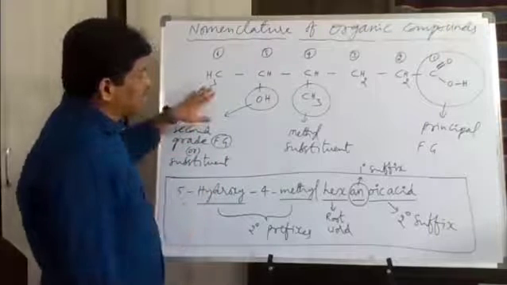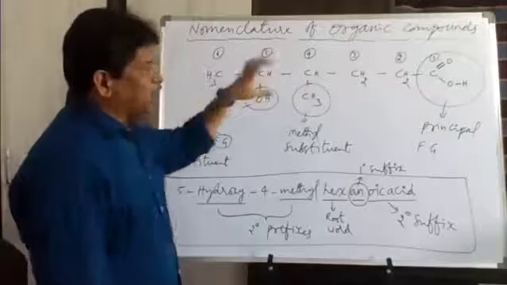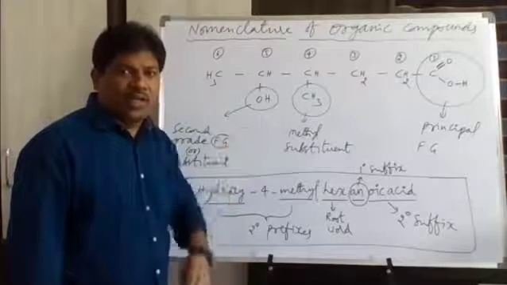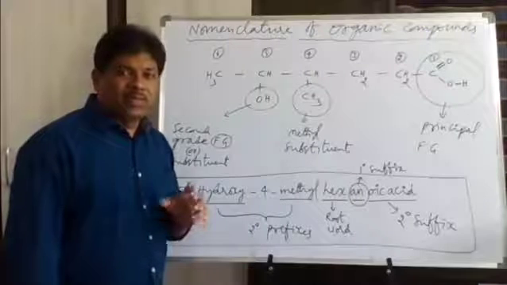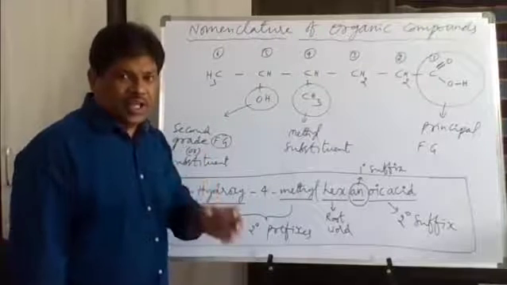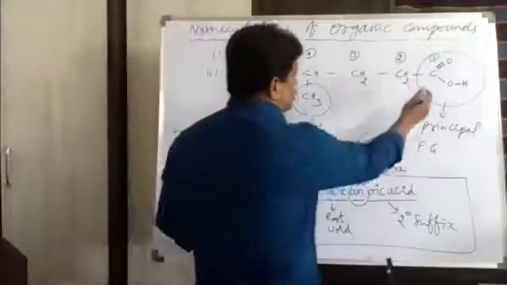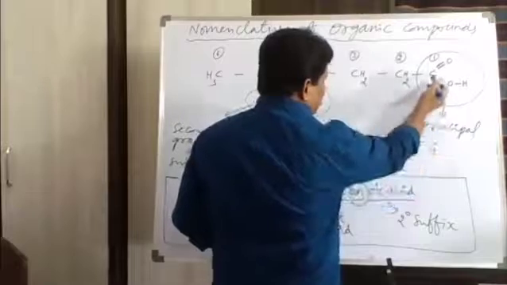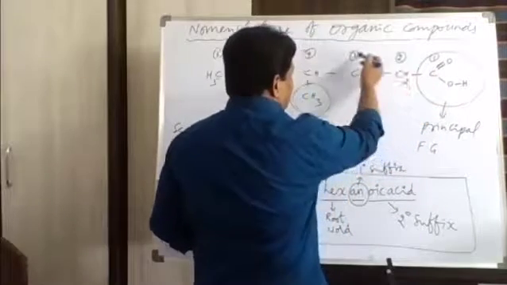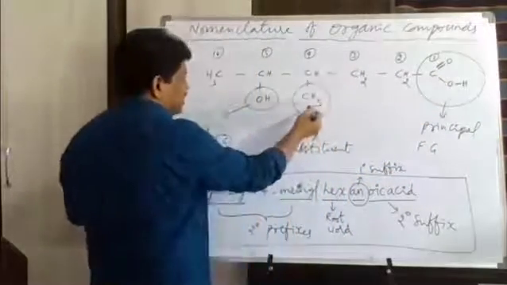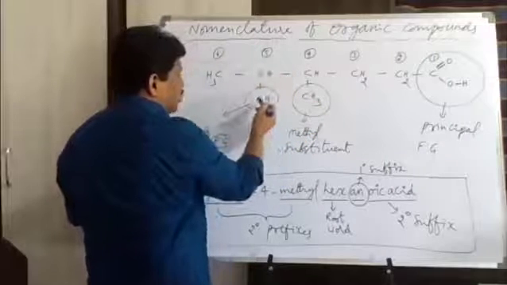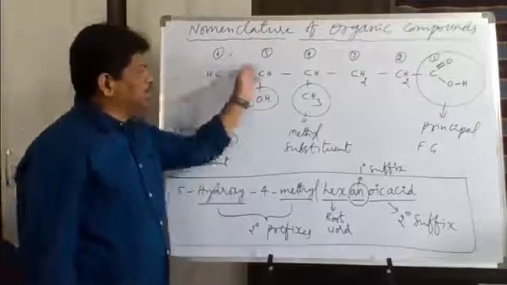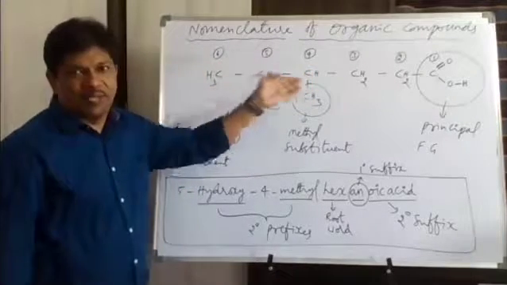Now what we have to understand is that in the given structure, how many carbons are directly linked to each other to form the longest chain, we have to identify first. Suppose you start from this principal functional group. The carbon atom of the principal functional group is allotted number 1 position. Then 2, second carbon, third carbon, fourth carbon bearing CH3 substituent, fifth carbon is bearing OH functional group, and CH3 is the sixth carbon here. So totally how many carbons are there in the longest chain? 6 carbon atoms are there.